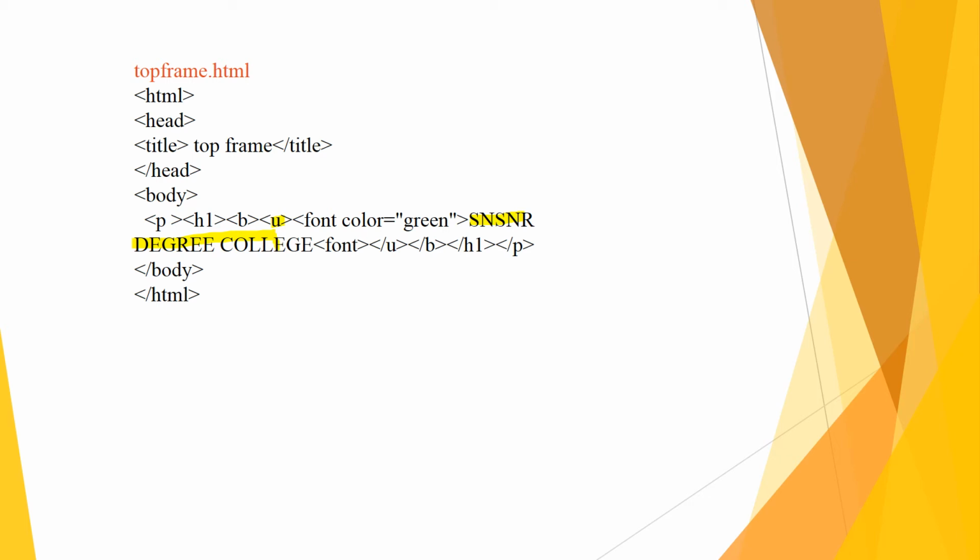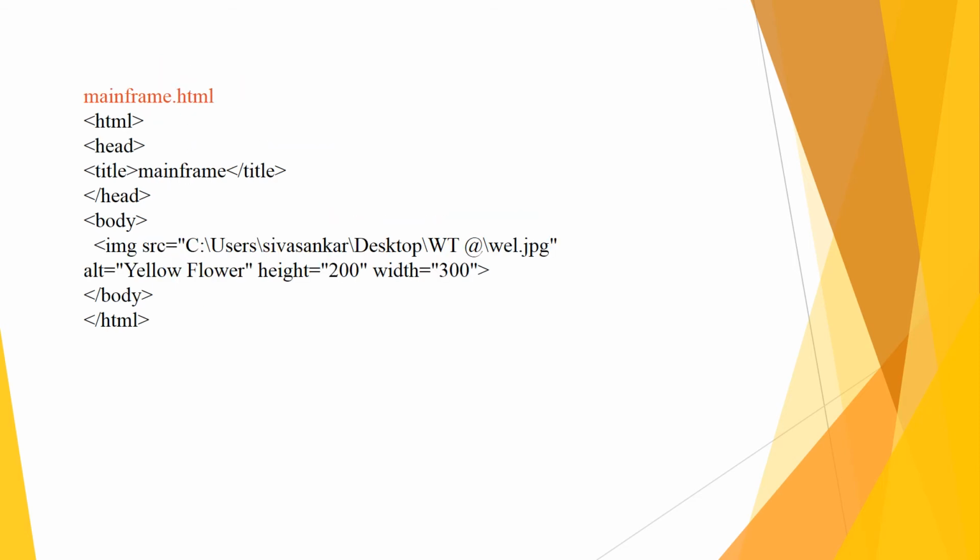Okay, and our next HTML document is the main frame. I want to display some image in this frame. For src, in my system that image is in this folder, so I have given the full path.